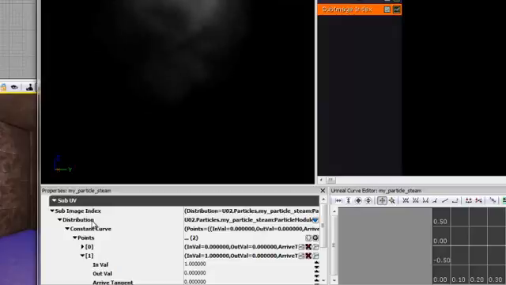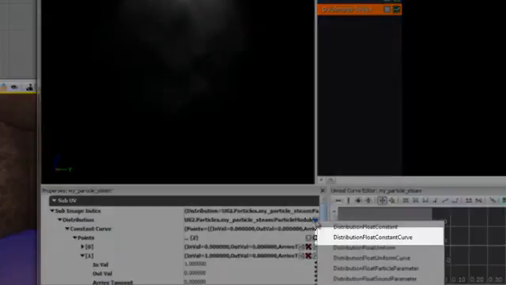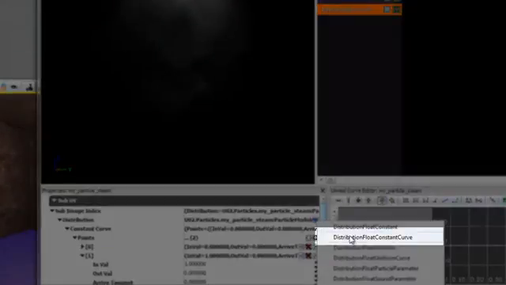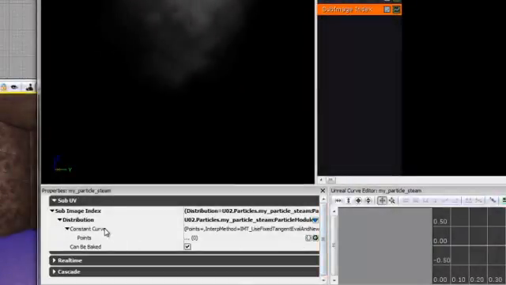Open up the distribution category, and then click on the little blue arrow icon that appears at the far right hand side of the distribution. That would allow you to add special kinds of variables to your module. So we choose the float constant curve